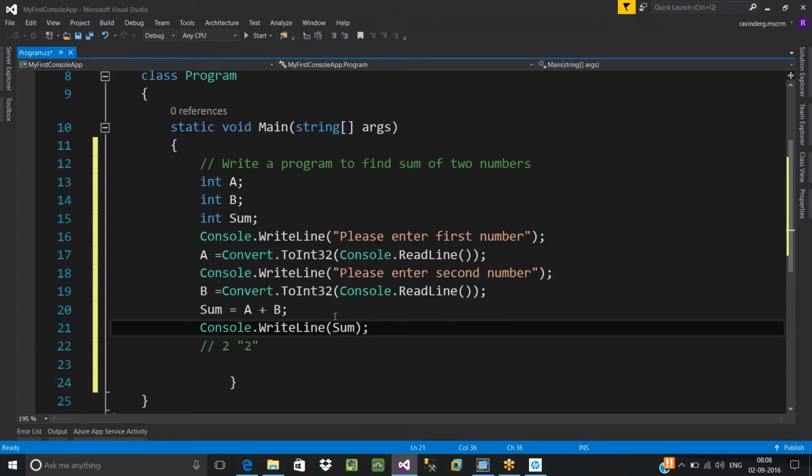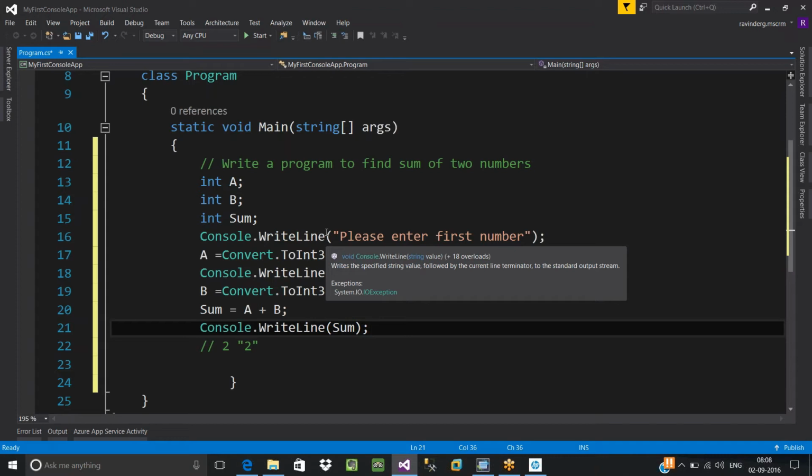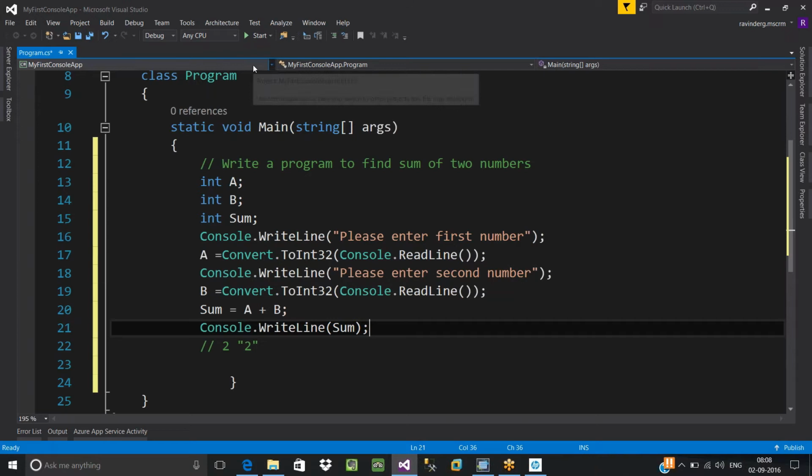Okay. Now our project is ready. Now in order to execute your application, your project, what has to be done? First, it has to be compiled to rectify the errors. So how to compile our program in the .NET environment? It is very simple. We have multiple options. The first option is you click on this green color button, Start. If you just click on Start, it will take care of compiling as well as executing your program.